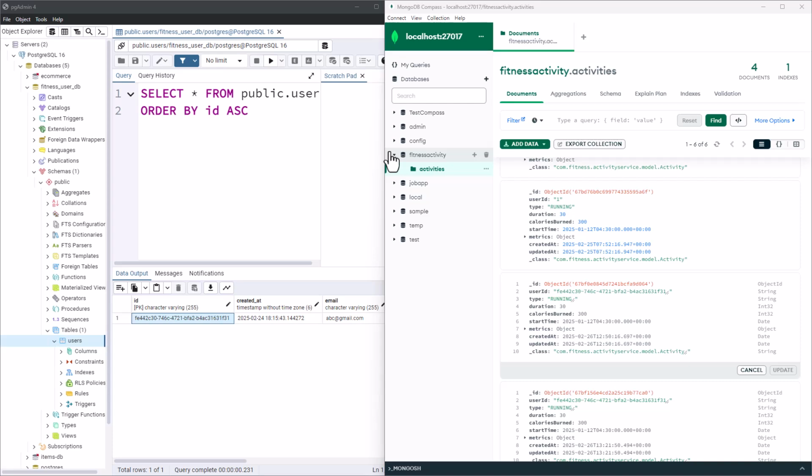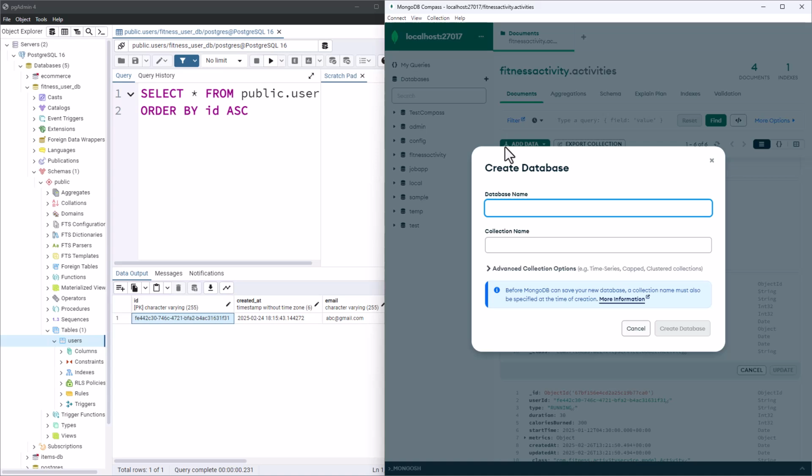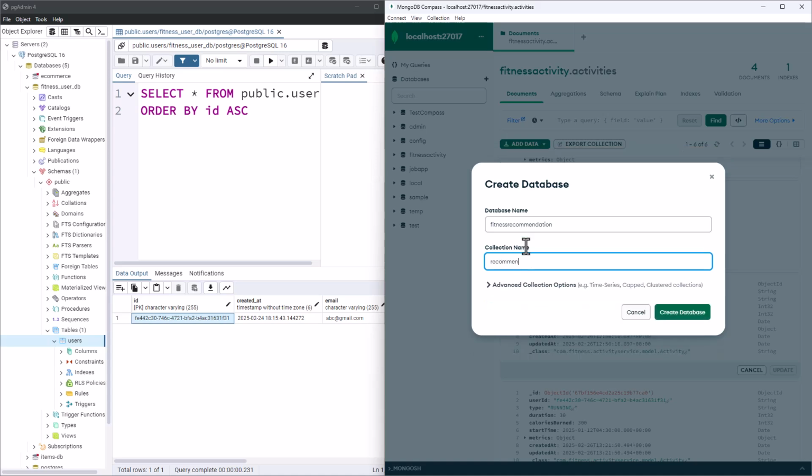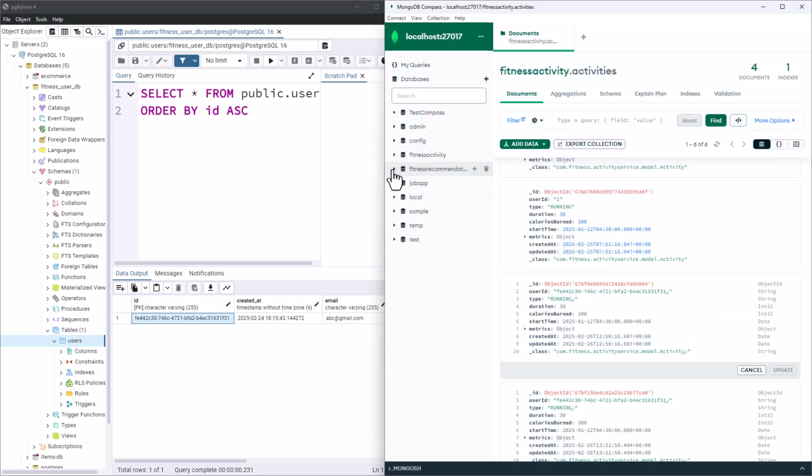Okay, so if you want, you can create a new database. I can add a new database and call it fitness recommendation. And I can have a collection called recommendations. This will create the database, or you can even use the same database for this microservice